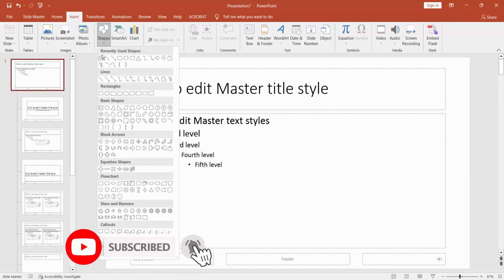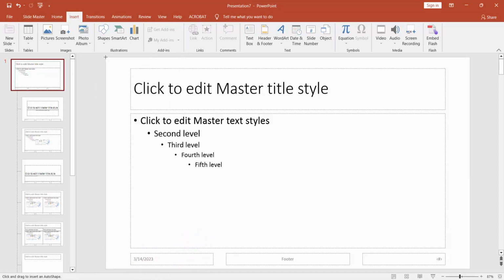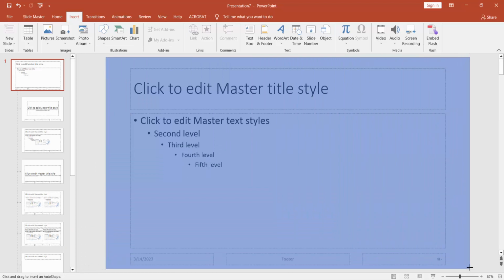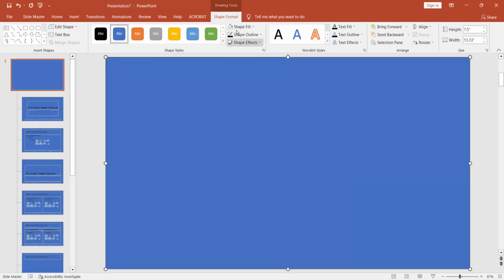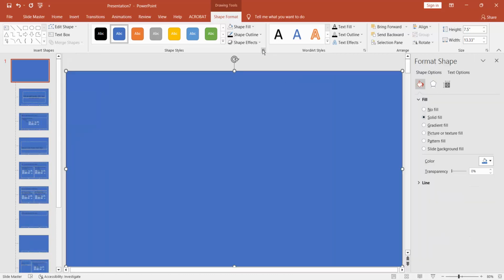Take a shape, draw the shape, and now go to Shape Format and click the drop-down menu of Shape Format and click Fill and Line. Select the picture or texture fill